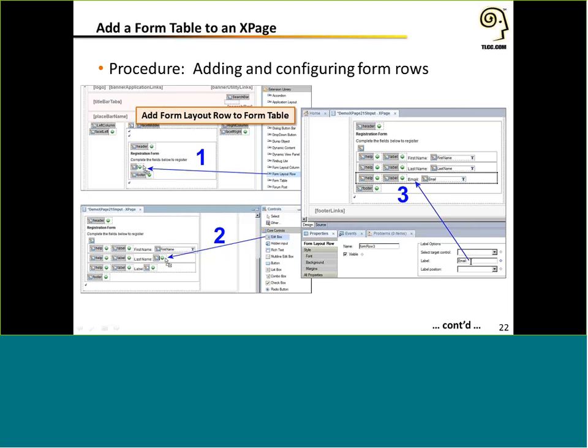And then over here in step 3, if we click on this row to select it, there's a property down here where you can just type in a label for that row. So there is a label facet. You can make use of that if you'd like to. But if you're just typing in a fixed value, you can also just click on it and type that in directly.